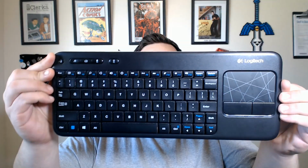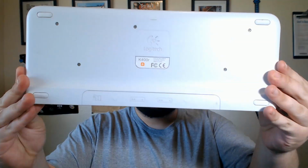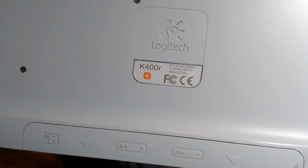So the first thing I want to show you is the K400. It's a little old here, you can see that. It is a really solid wireless keyboard. It's about 30 feet or so. It's not Bluetooth, it uses the Logitech unifying receiver, so I believe it is RF based, but the keyboard itself